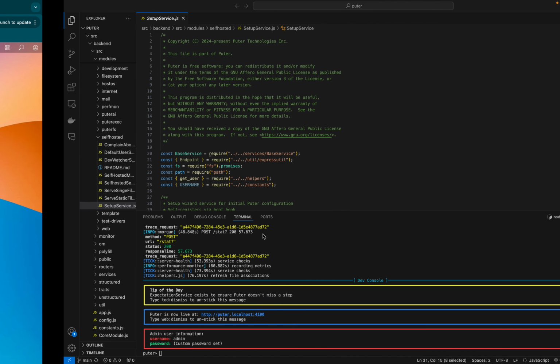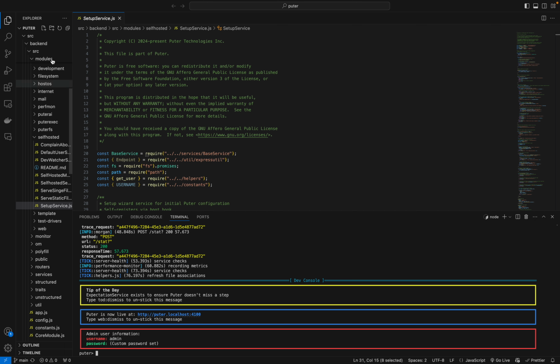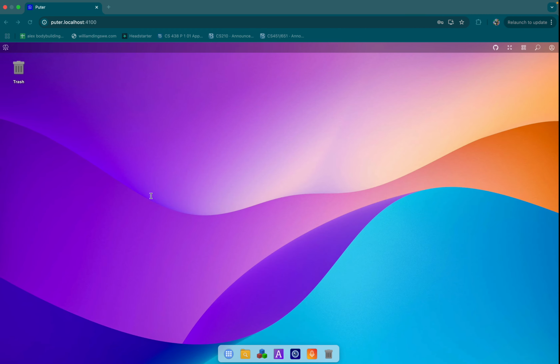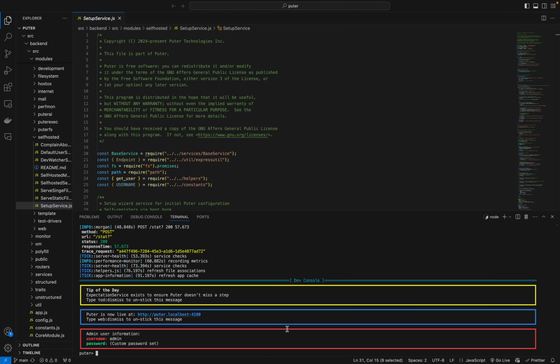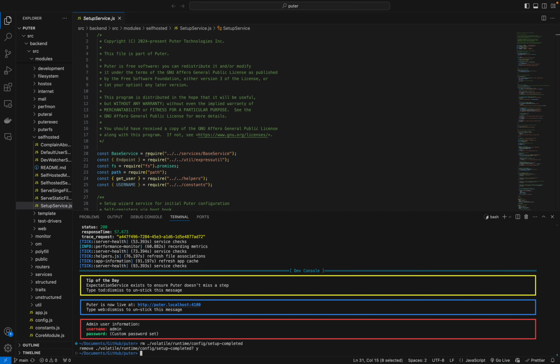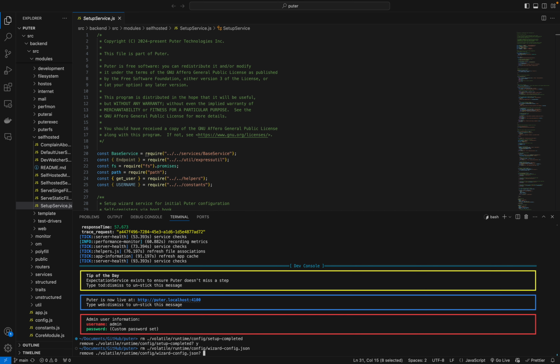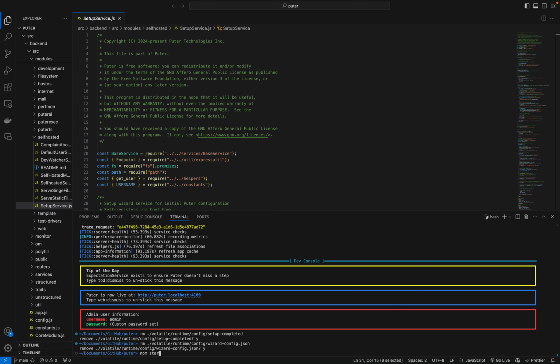But if we're considering black box development, we just ignore all the code. Pretty simple, pretty straightforward. And this is important. If you want to reset the custom password, you're going to want to run these commands. You want to remove the setup completed file, or you can go directly into the file directory and delete them. There we go. We want to remove setup completed and wizard config.json. And then when we run npm start again,